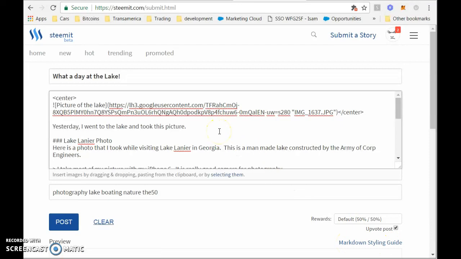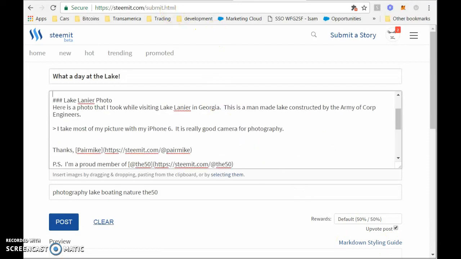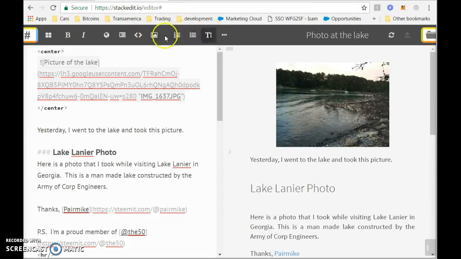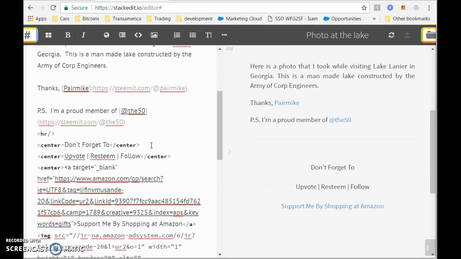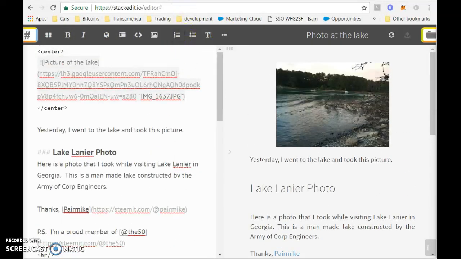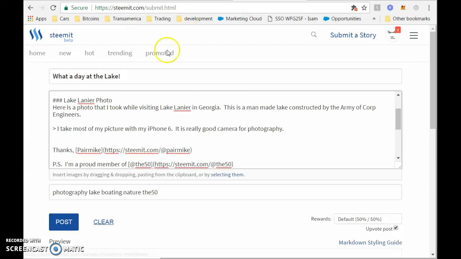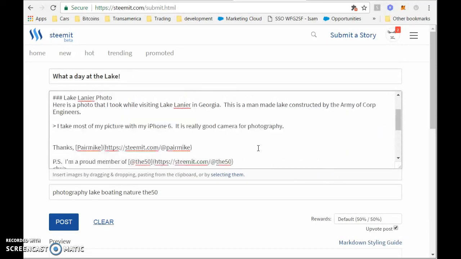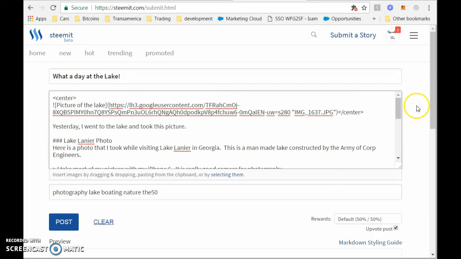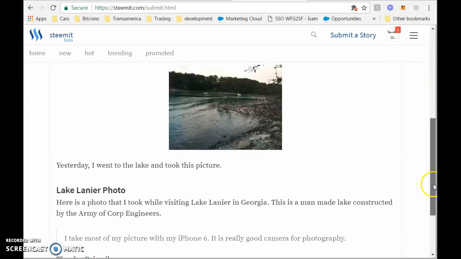If you want to learn more about Markdown, you can just go here and look at some of these icons in the header on StackEdit, and you can learn some of the different Markdown there. But this is just a real quick tutorial, kind of showing my workflow for creating articles on Steemit. Hopefully this was